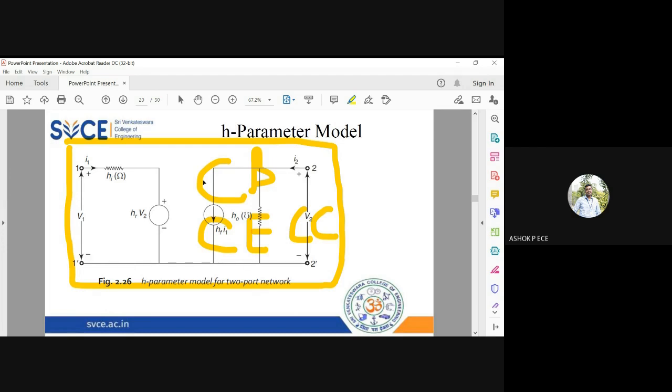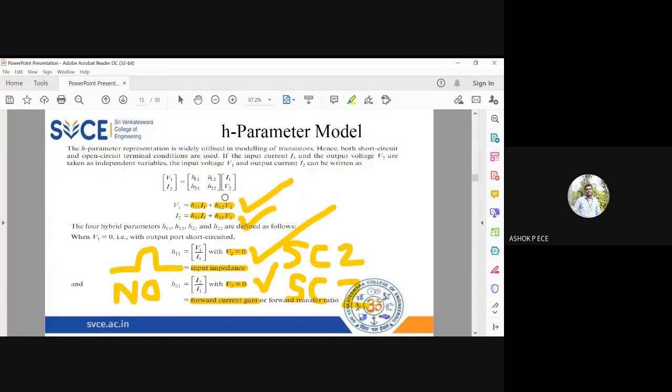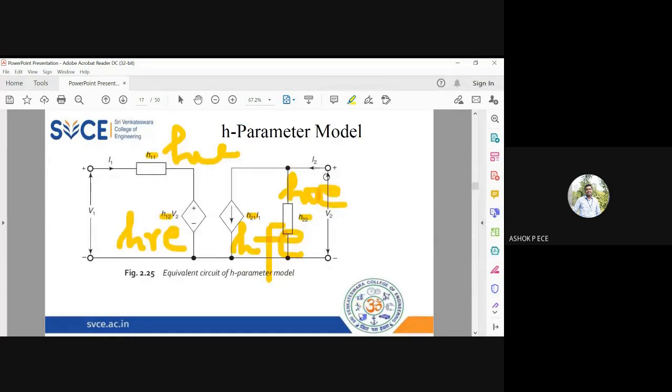And for drawing this diagram, you should not mug up. What you should do is remember the two equations. If you remember the two equations: in the first equation, voltage is getting added. So on the input side, you have to draw everything in series. Second equation, current is getting added. So on the output side, you have to draw everything in parallel. That's how we got this diagram. I am fine tuning this diagram to replace the H11, 12, 21, 22 by IEEE notation. So H11 will be called HI, H12 will be called HR, H21 will be called HF, and H22 will be called HO. That is what is drawn.